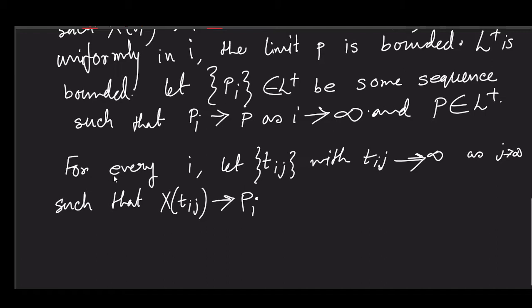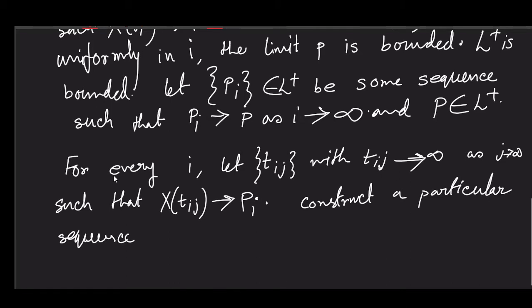Now we will be able to construct a particular sequence tau_i such that, given the sequence,